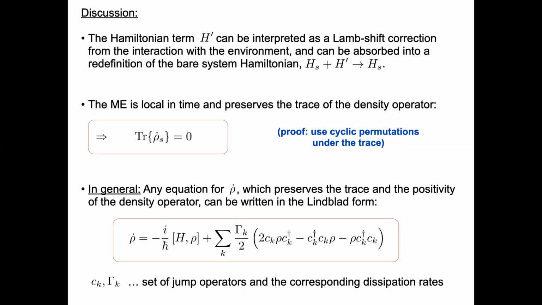And for each dissipation process, it always looks the way: 2C rho C dagger minus C dagger C rho minus rho C dagger C. And something that is also natural is if you emit or couple to a zero temperature bath, usually you have only this form. But whenever you have a thermal bath, there is also the reverse process. So whenever you can emit photons into a reservoir, then you can also absorb them if the reservoir is in a thermal state. So there will naturally always be these two components if you couple to thermal reservoirs. And for a generic system, of course, it can be more complicated.